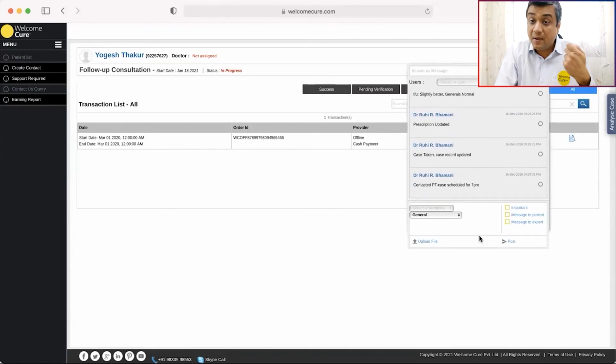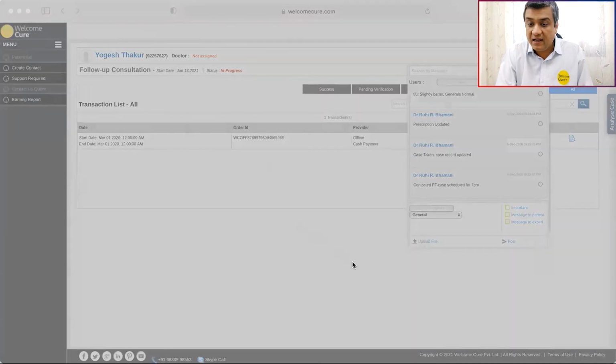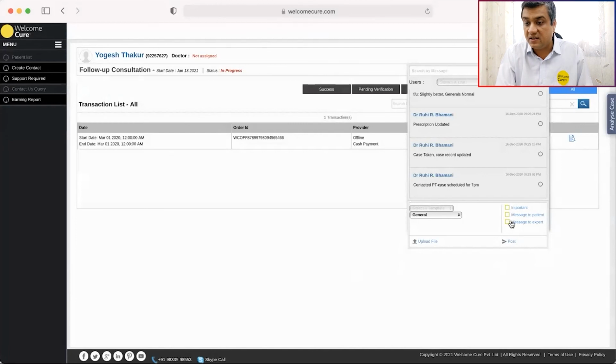If you want to send some important message to your patient, rather than using your phone and patients then troubling you on your personal numbers, you are able to simply write that message here and send it to the patient. You can choose that. If you want to send some file, some video link, some PDF file, something about their disease, simply click on upload file and then send to patient. Or if you want to send internally to the doctor for a second opinion or for your support, it is all possible from this system itself.